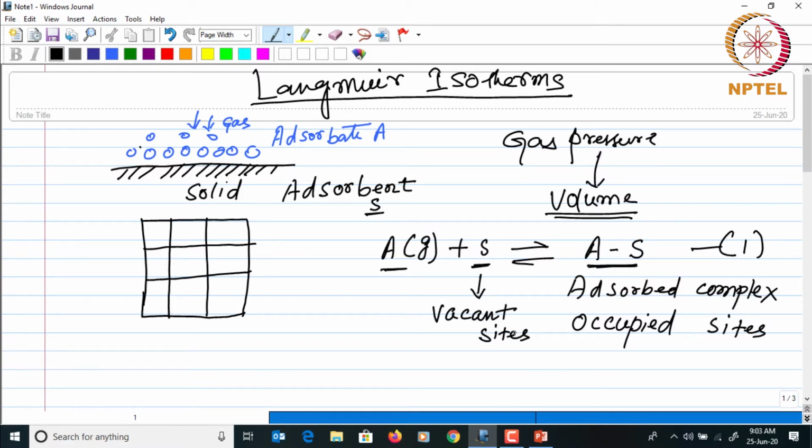Right, so in the beginning when the gas is being adsorbed on the solid surface, some of the sites will be filled and some of them will be vacant, which can be represented in this manner. Right, so like this, where these red dots indicate the filled sites,